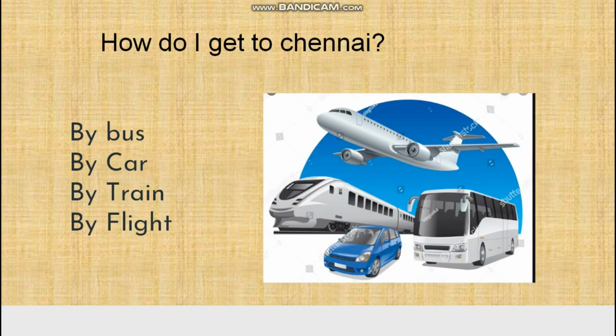If somebody asks you, how do I get to Chennai? You may give a lot of choices: by bus, by car, by train, by flight. Like that, every problem has a lot of solutions, but we have to take the optimal solution for the problem. If the person is very urgent, you may suggest hiring a car to reach Chennai. If the person is not urgent, take a train ticket to reach Chennai. The solution is based on situation and cost.